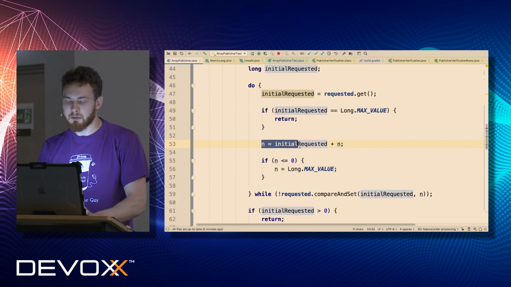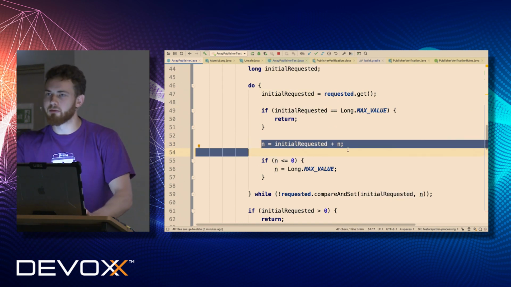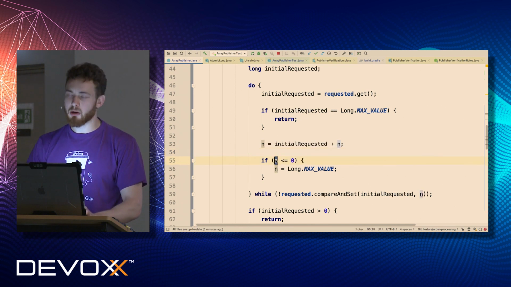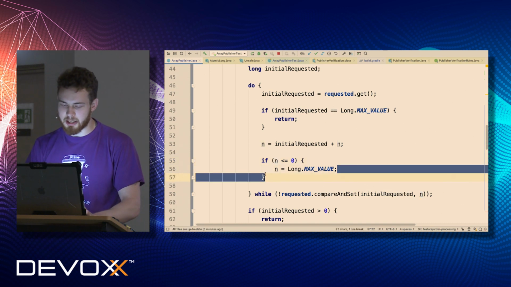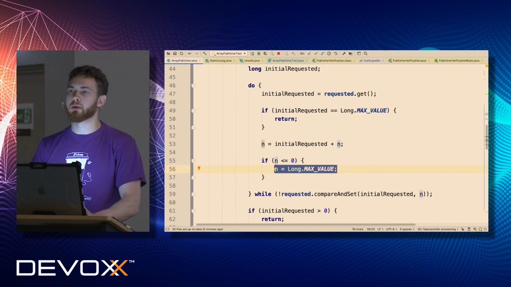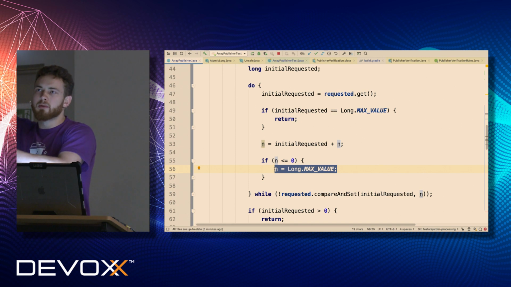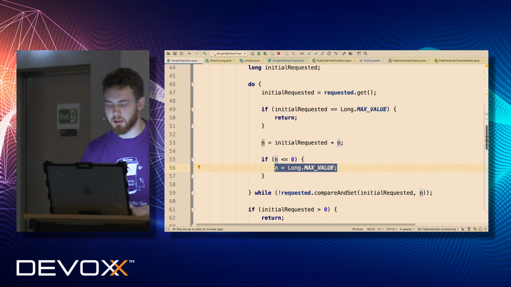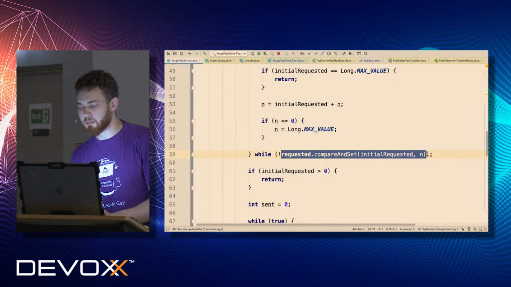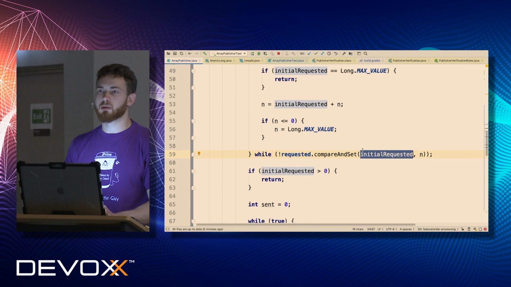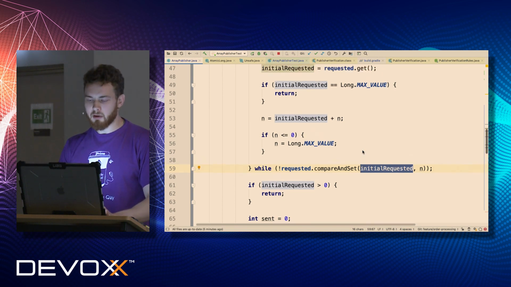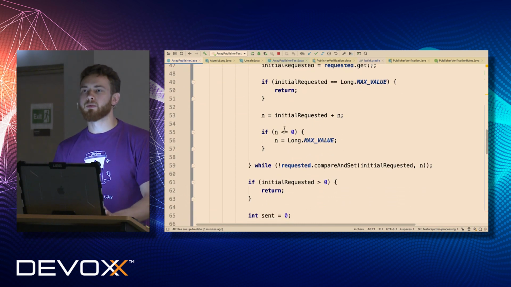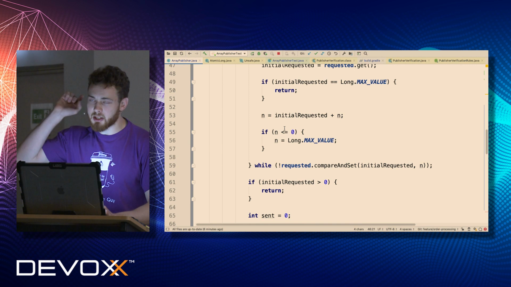Then we have to try to increase the value by the requested one. And in case our requested value overflows, we have to just set this to long max value, because it means that the current value plus the next requested value will overflow, which means that the maximum for long is long max value. And afterwards, we have to run the same compare and set on our requested in order to make this operation atomic. Otherwise, there is racing. We will repeat it again and again until we win the racing. Is it clear how it works? Yeah, this is the same pattern.